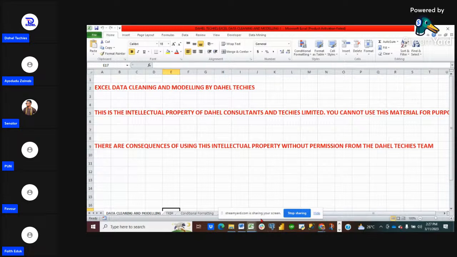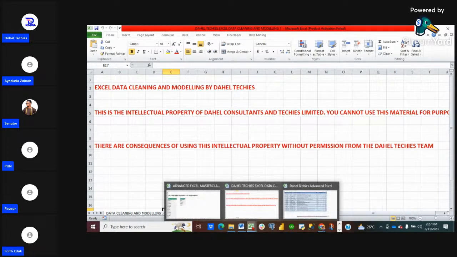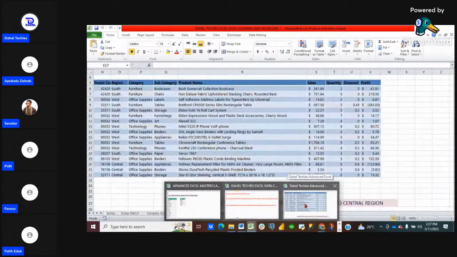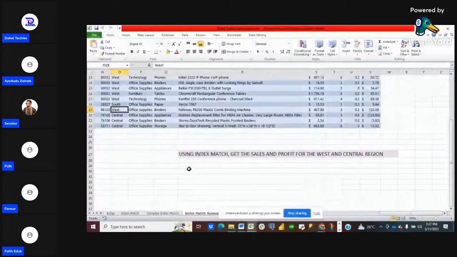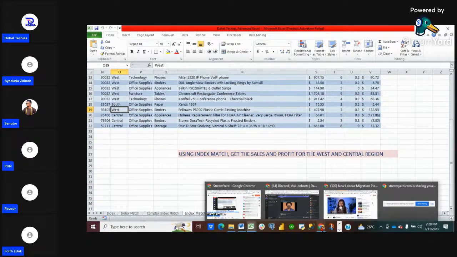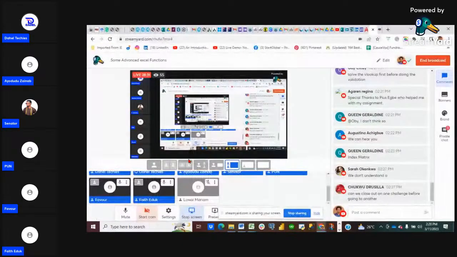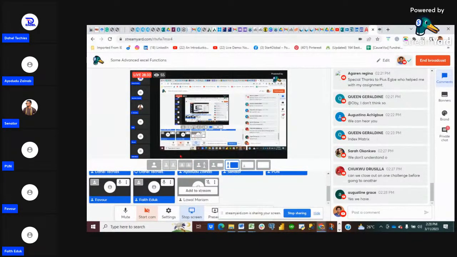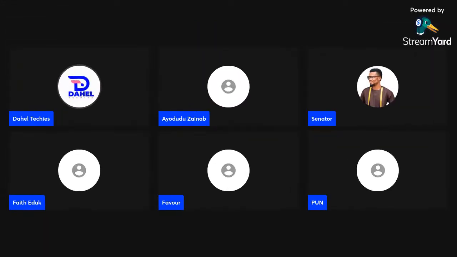They don't understand what? From the comment section, it's the index match category, the one you are talking about. Have they started working on this, or they don't understand because I'm just explaining it? You need to start working on it. Can you just solve another region that appears twice? I won't. If you want to understand index match the way I taught you guys and the way I have actually explained it,